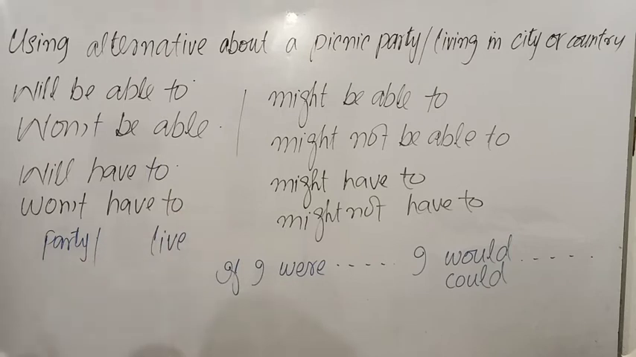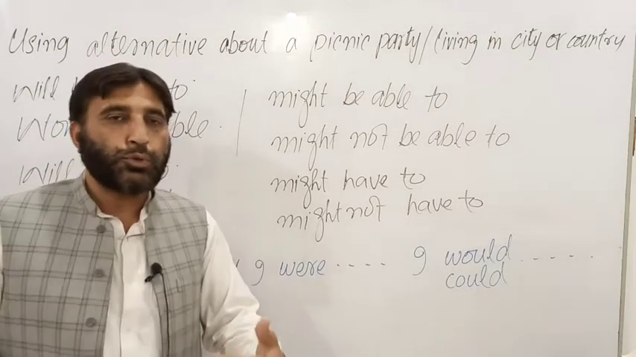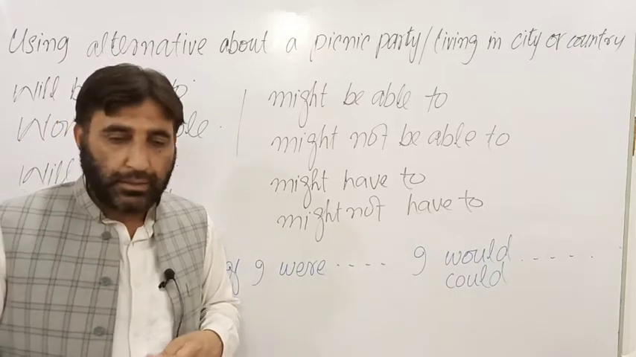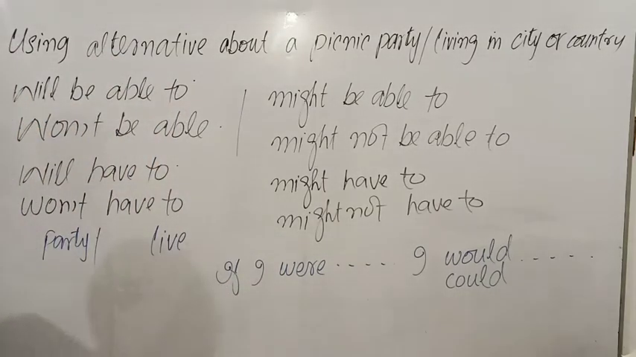So you should use this structure. So first of all, you should talk about a party in the book they have given. Suppose we are arranging a party. Should we arrange the party at school, or should we arrange the party at the bank of the river? Right? So we will say in this way, if we arrange the party at school, we will be able to